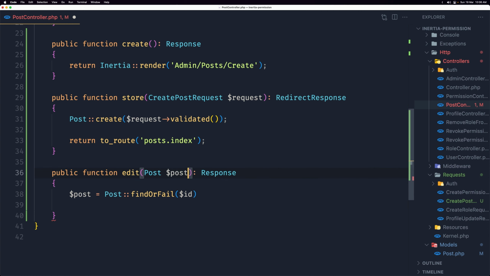Now this is up to you what you like. Let's leave it with injecting the Post model and return